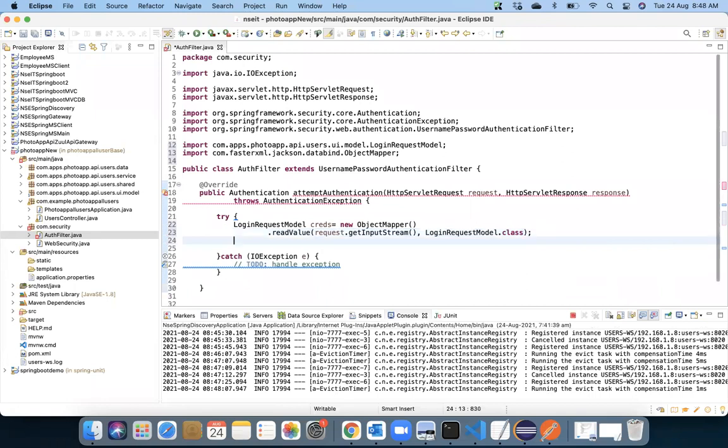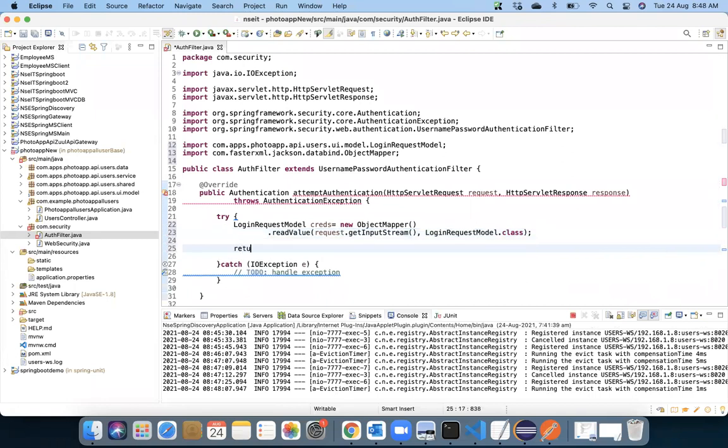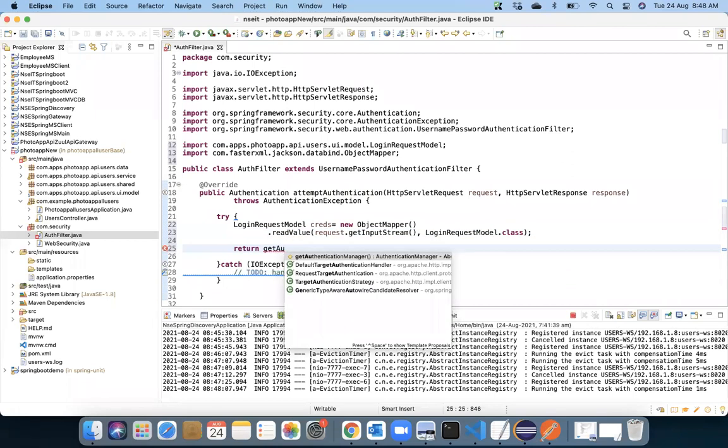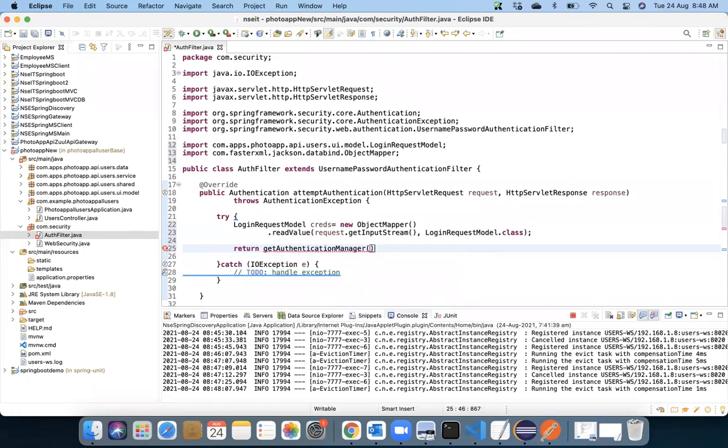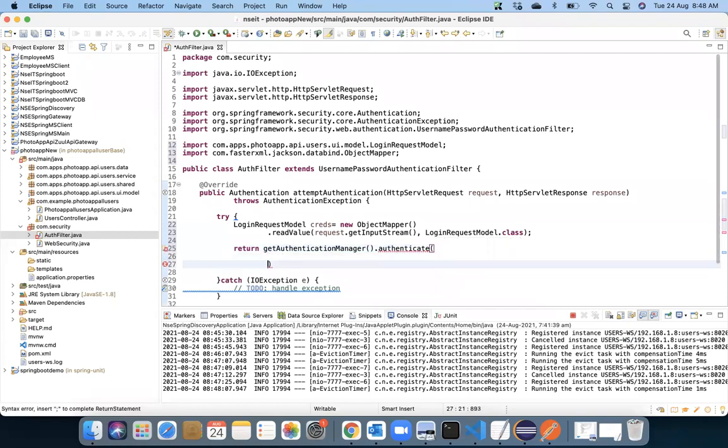After that, what is it going to return? That's most important. So here we are using return getAuthenticationManager, which is a predefined function, dot authenticate. Here we are passing some parameters. Let's take a look.